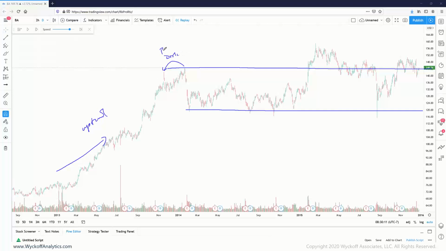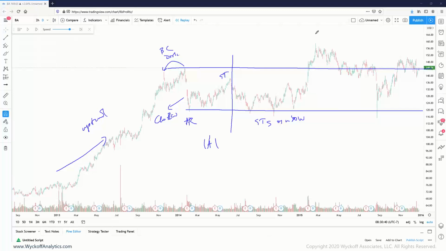We see a distinct change of behavior, which leads to a change of character, and we leave the trend and we enter a trading range. So as Roman's starting to label here, we've got phase A with our buying climax, our automatic reaction, and our secondary test. And then we go through a number of tests throughout the trading range, which is typical of phase